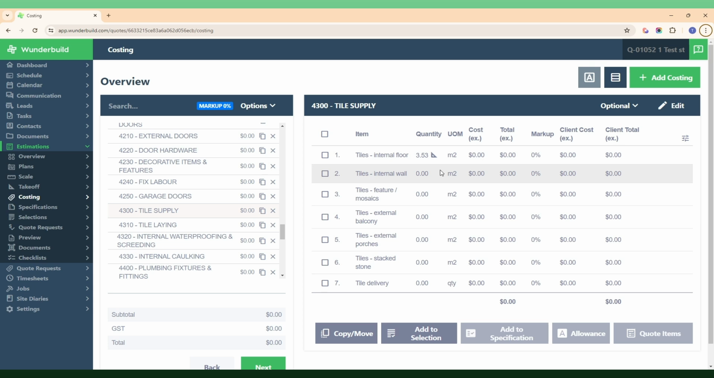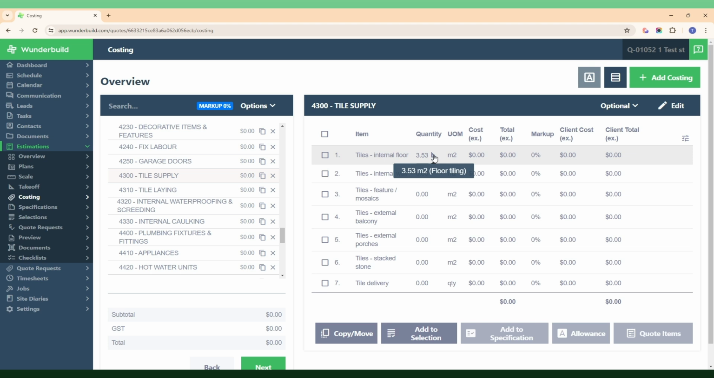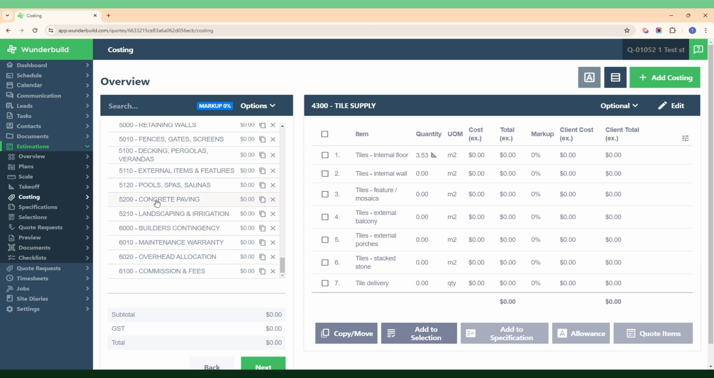So just another way to link your takeoff to your costing if you do decide that you want your quantities to automatically link to specific line items in your costing. And then the final way that we can add a takeoff to the costing is from the costing section itself. So if we want to do a takeoff for a material and we're in the costing area, we just go to